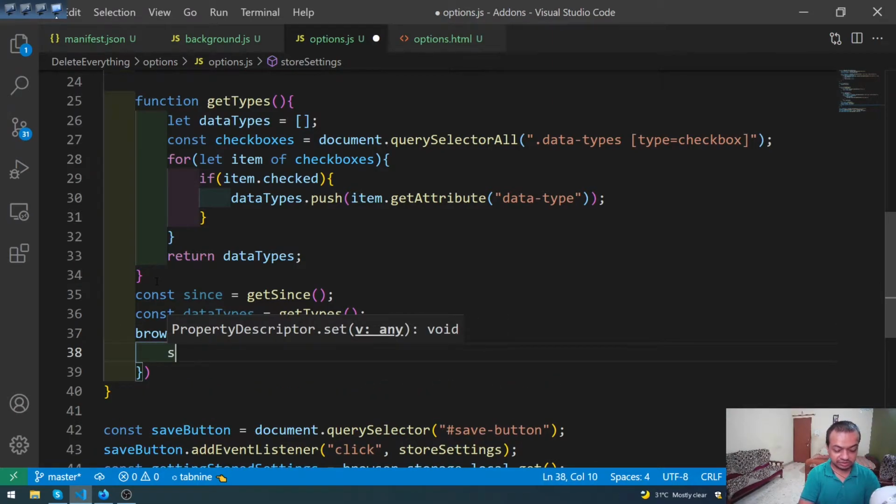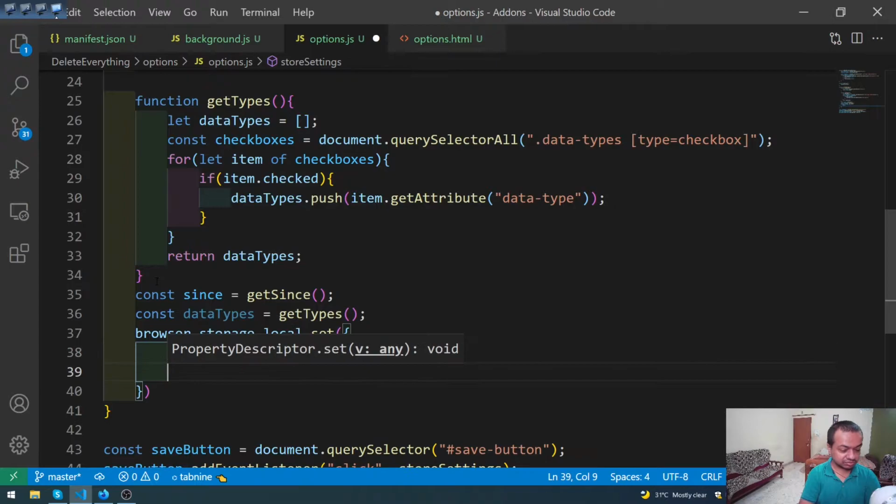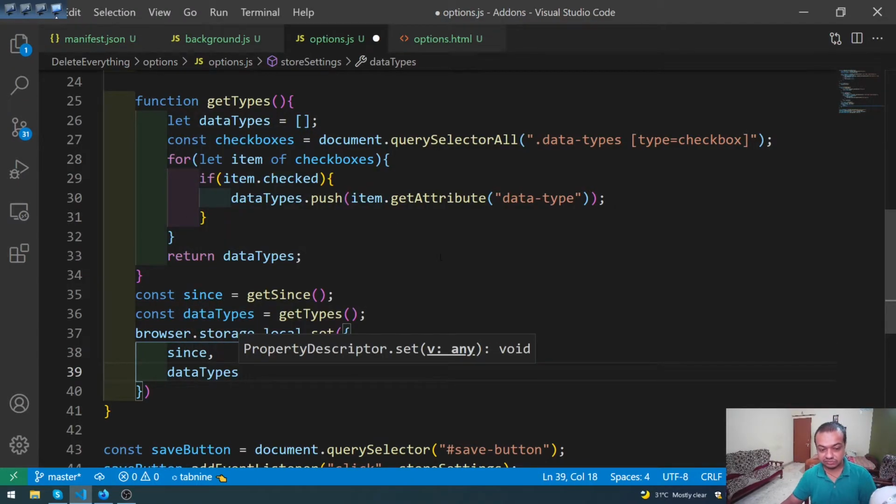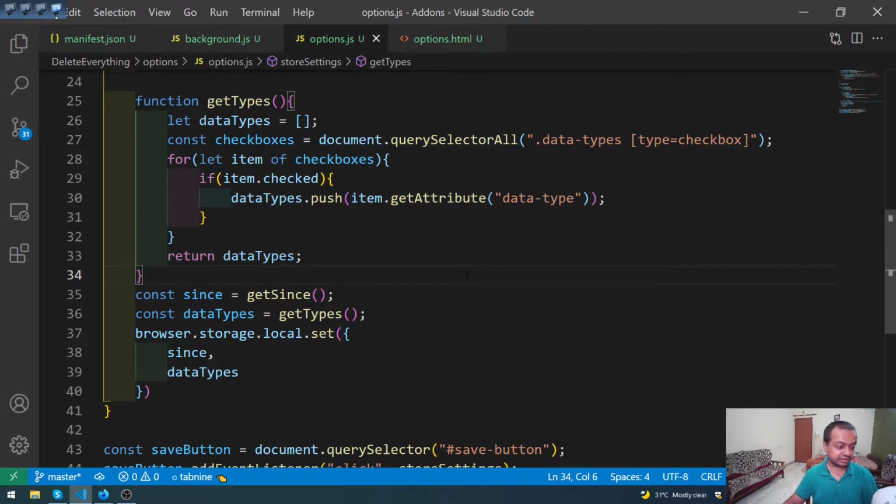It will be since comma dataTypes. So I will set it finally here whatever we do it. Okay, so now we'll go